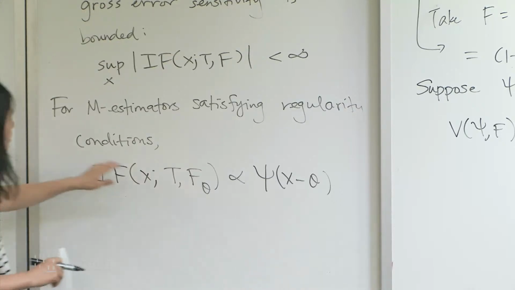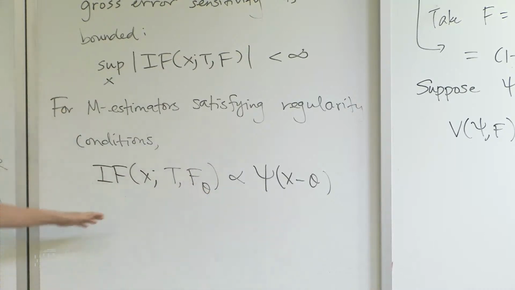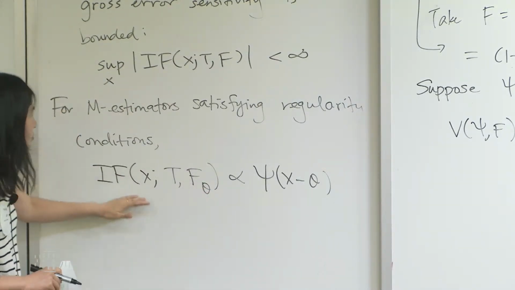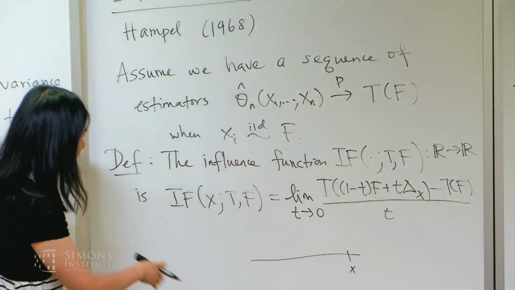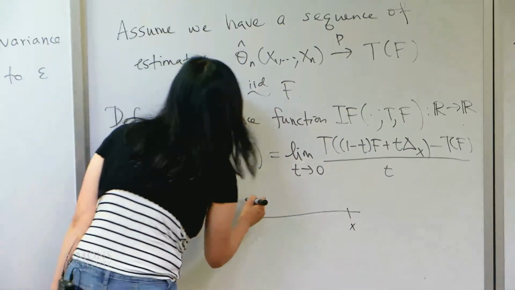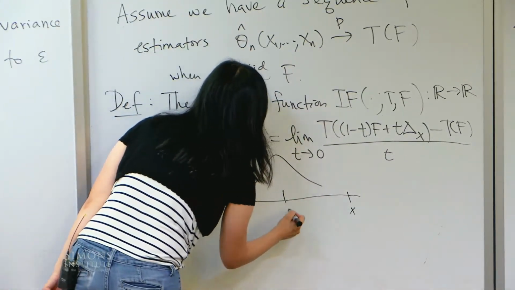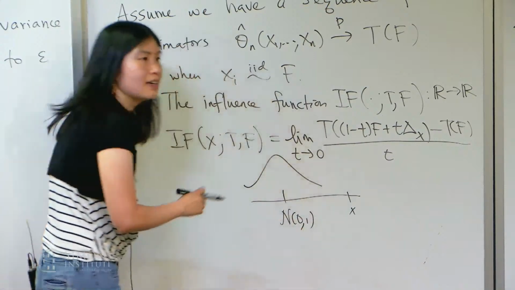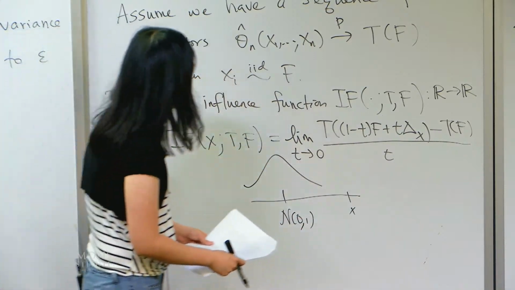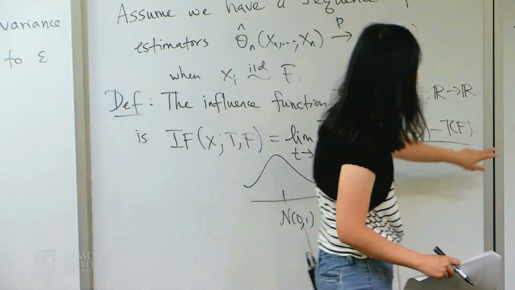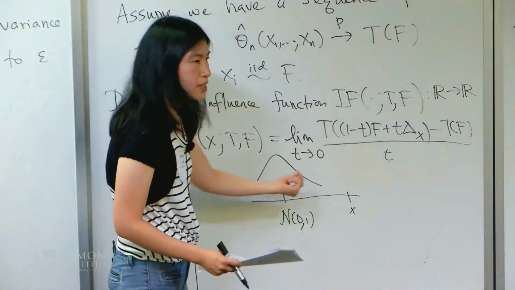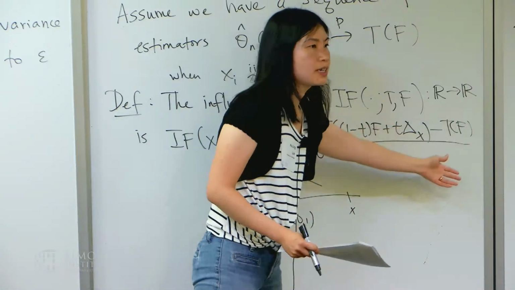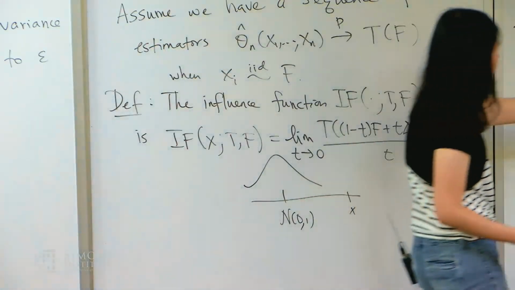Okay, so going back to M-estimators, I'm not going to say much about this influence function, which we want to be bounded. So maybe just to draw this: x is this point at which you're contaminating, maybe a nice distribution here. Say this was normal 0, 1, and you're letting x go wherever you want. Then the influence function will be a function of how much your estimator changes as x walks away. And it turns out that this is proportional to psi.